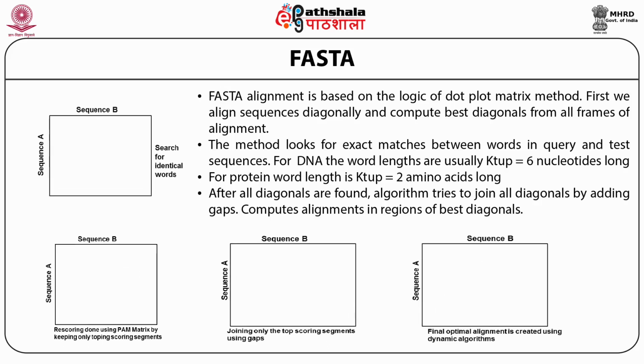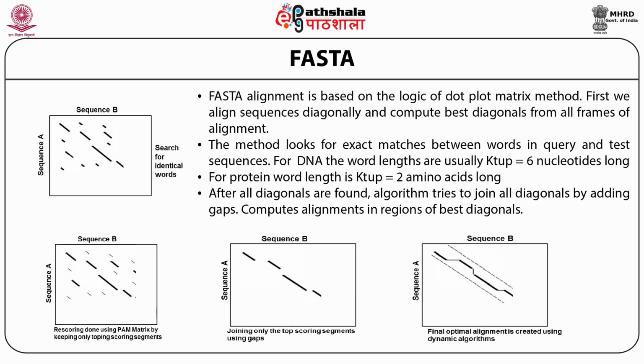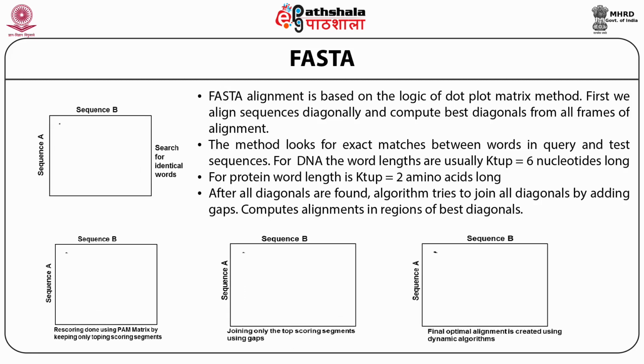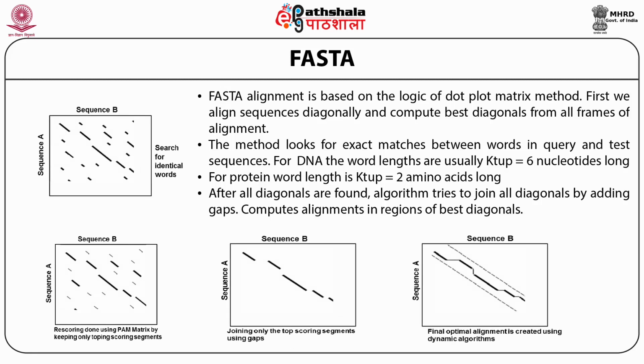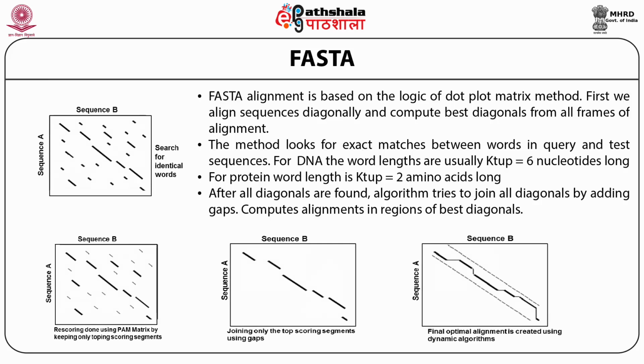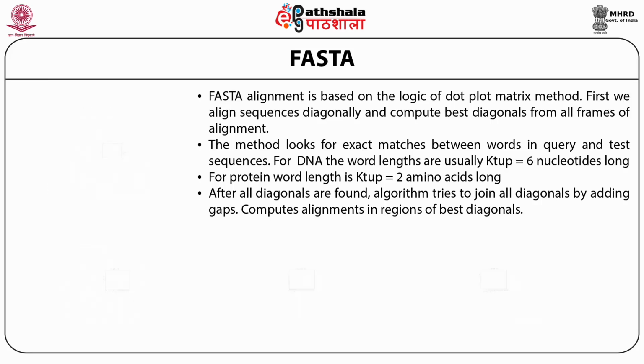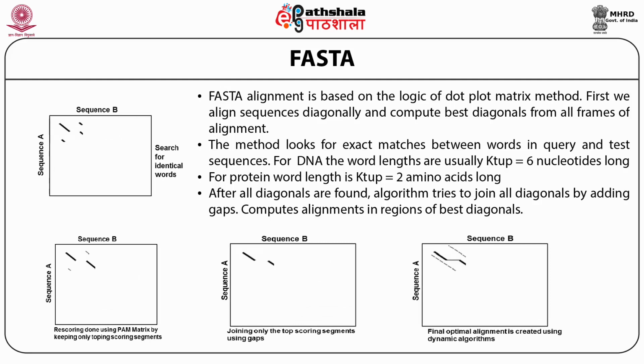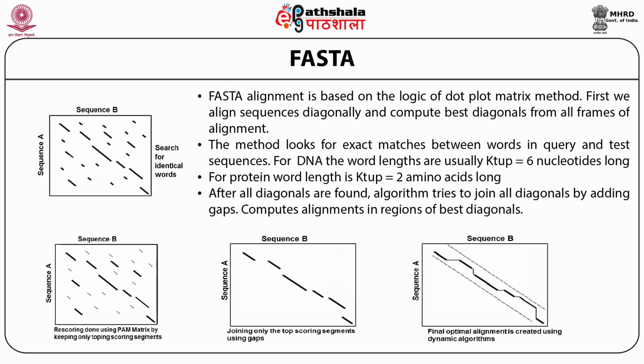Here, in the first left panel you see the alignment, then in the second panel you see that the alignment has been optimized. This optimization is done by using PAM matrices. That means you try to see which amino acids can be substituted during evolution. So you introduce that and rescore the alignment with the Smith-Waterman algorithm. Then you again rescore and the diagonal analysis is done. After taking account of the top scoring diagonal analysis, you finally optimize the alignment to create a dynamic algorithm.